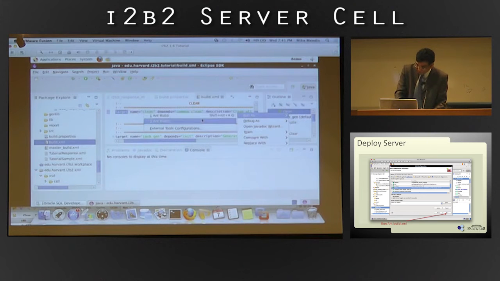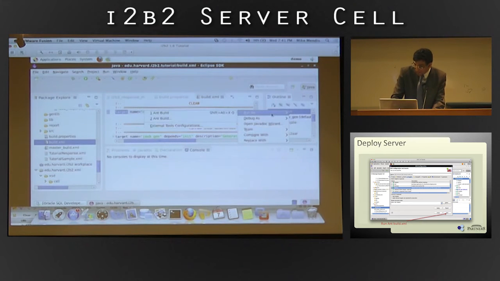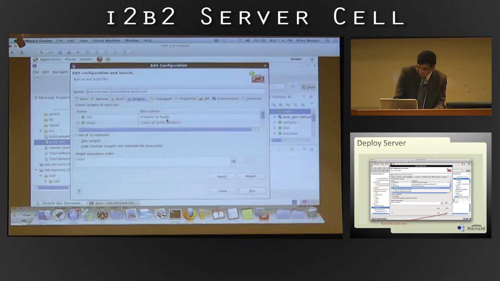In Eclipse, when you right-click on one of the outline components, like clean, and you say run as ant build or ant build dot dot dot. Ant build itself would just say run this one, whatever one you had selected, like in that case was clean, just run that. If you do ant build dot dot dot, it comes up and saves you a few minutes of